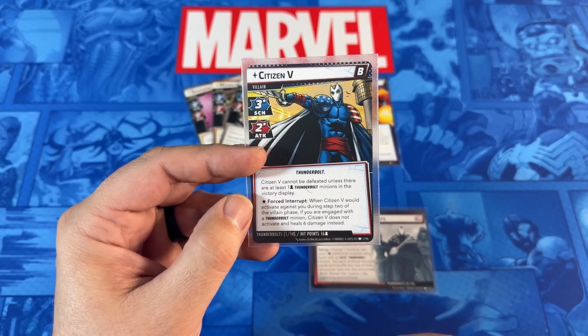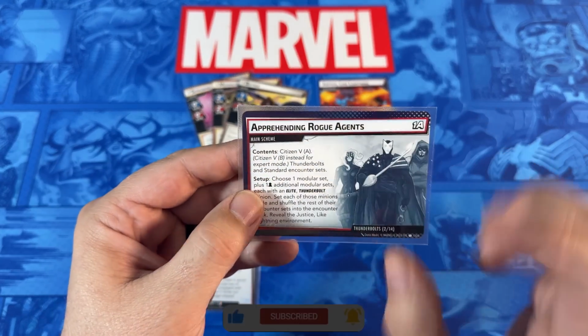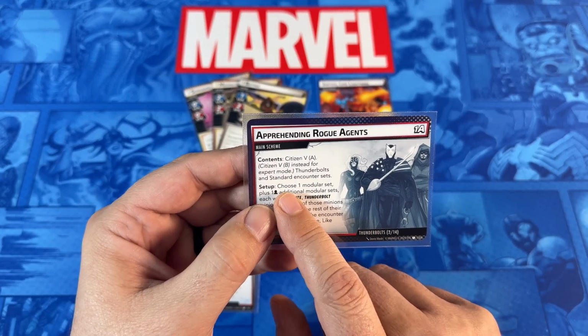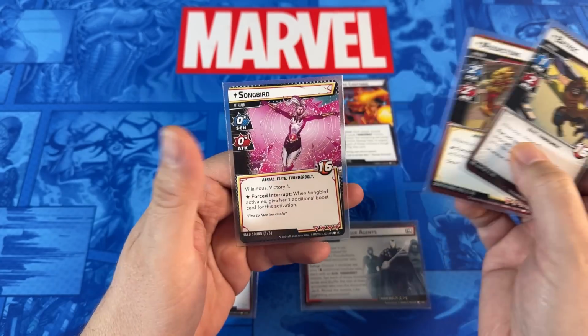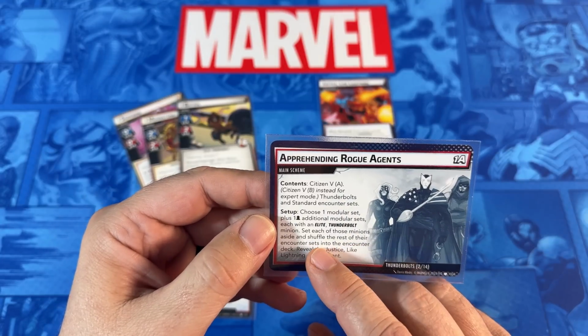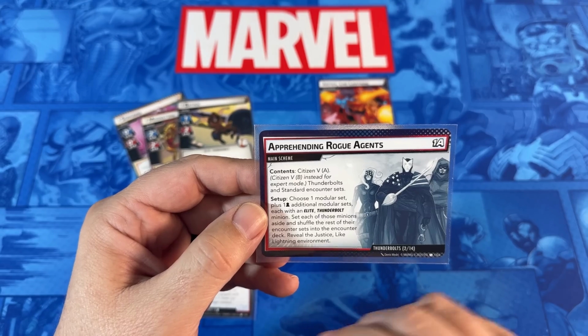If you are engaged with a Thunderbolt minion, Citizen V does not activate and heals 6 damage instead. So he's getting 16 health per player here. And then for his main scheme, we're using the Thunderbolt, Standard, and Expert counter sets. For the modular sets, we've got those chosen here. We are using Batroc, Moonstone, and Songbird. So we'll set those aside, shuffle the rest of the encounter sets into the encounter deck, and reveal Justice Like